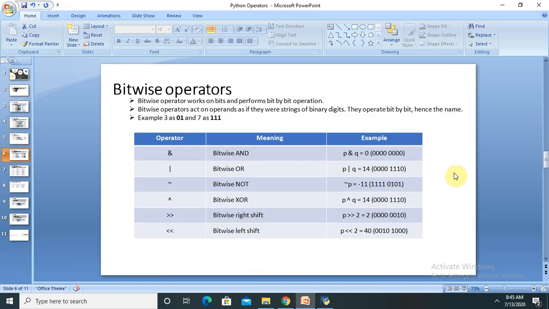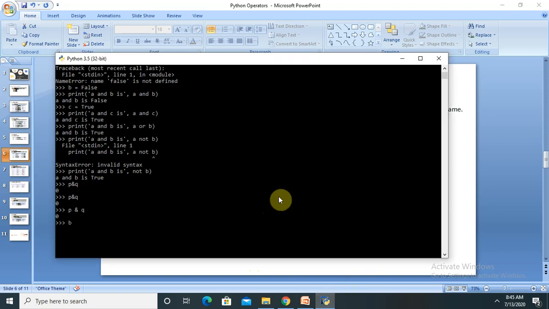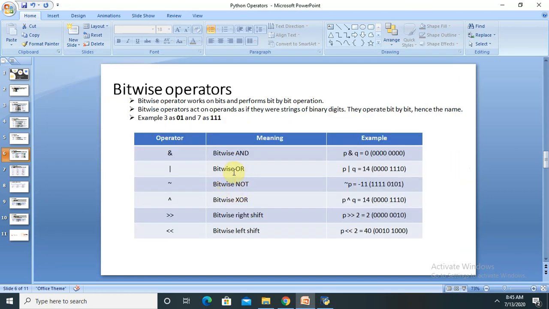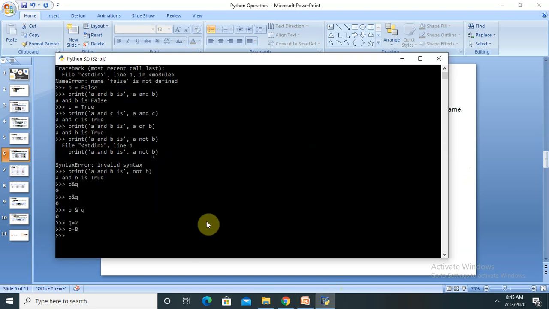That is bitwise. And let me show you: q equal to 2 and p equal to 8. If I want to print the bitwise OR operator, let me check here p or q, and you can see the number we are getting is 10.